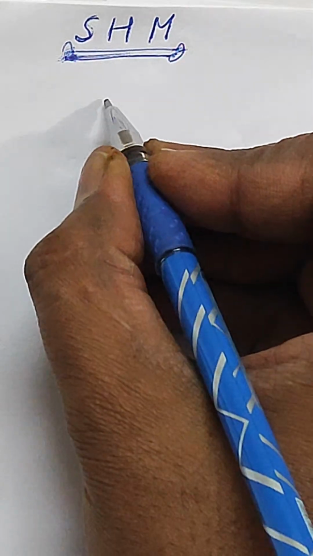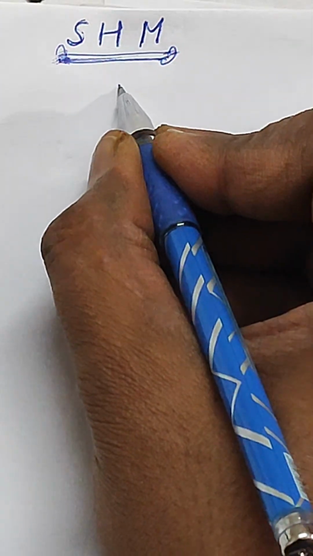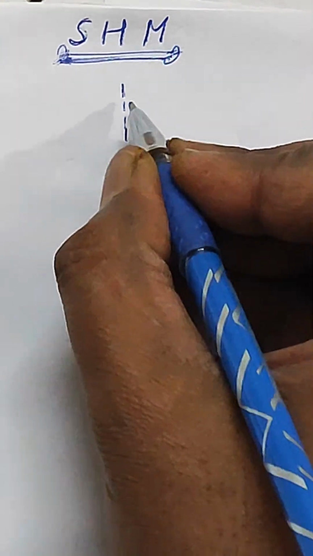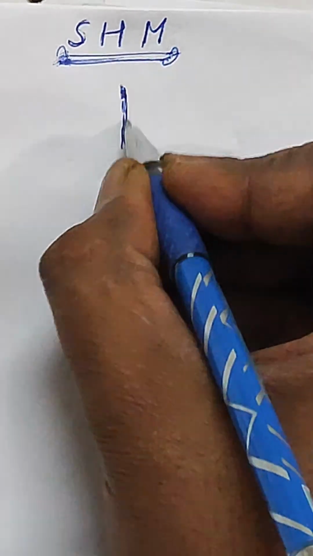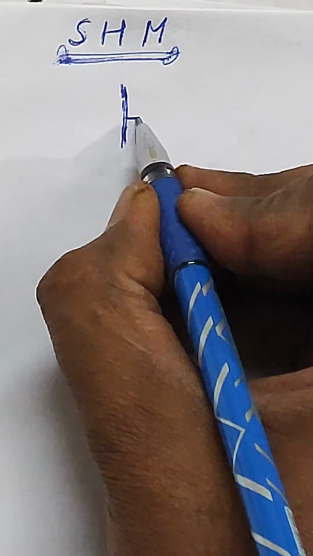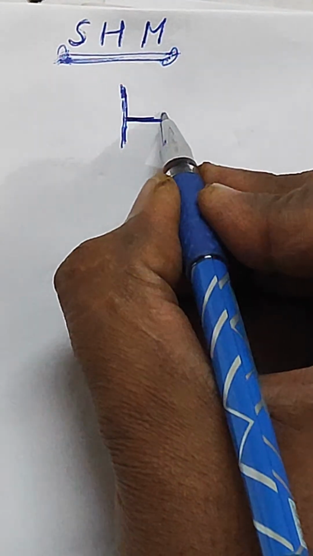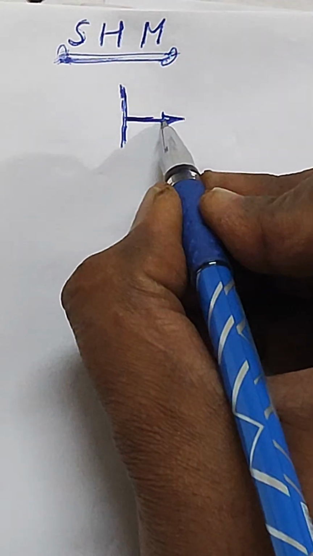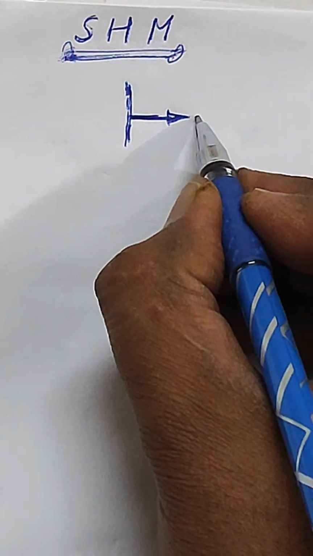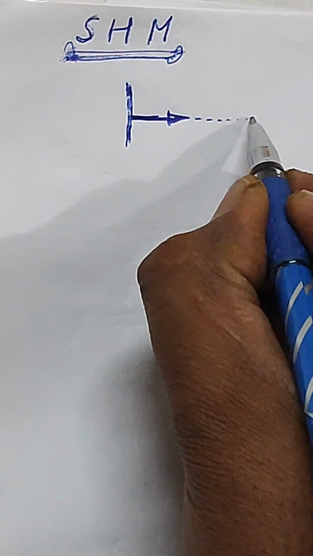Traveling in a straight line. Okay, it is exhibiting SHM in a straight line. Let us say if this is the reference position or origin, or the central position through which this body is exhibiting SHM towards the right direction, let us say, and thus it goes to a fixed point